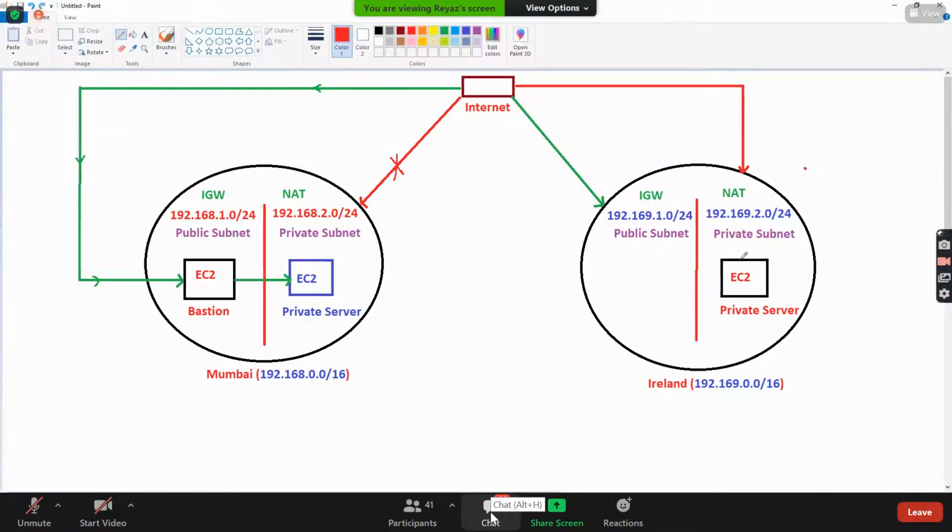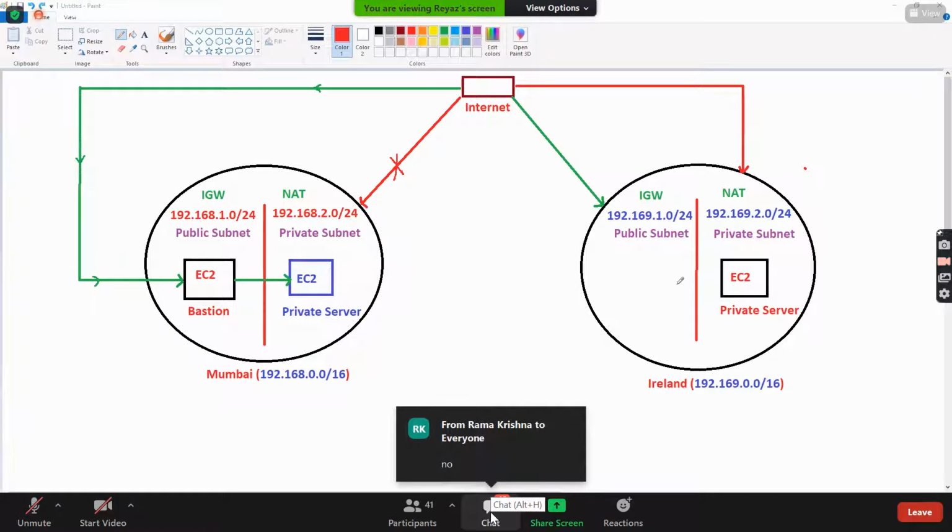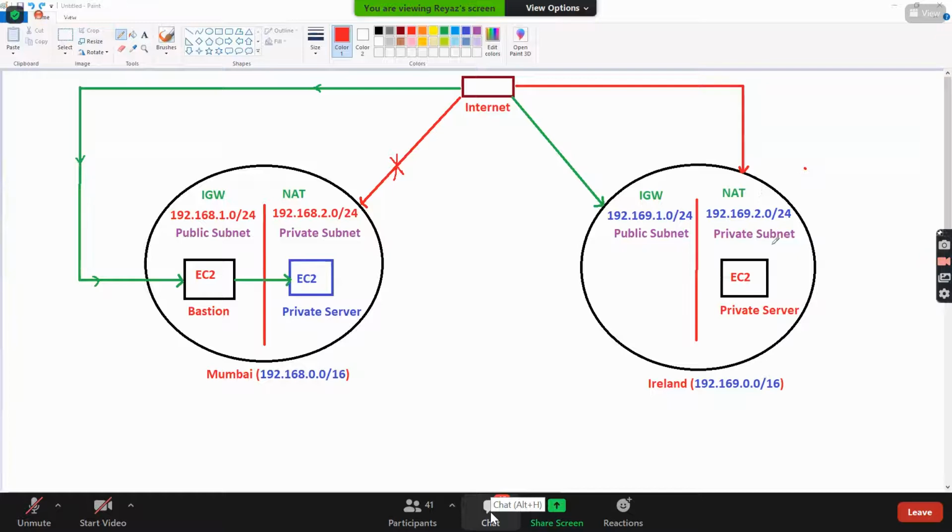We cannot, right? By default, you cannot. Two VPCs by default cannot talk to each other, that too private to private. One private subnet to another region, another VPC, a completely different network: they cannot talk to each other. But this is possible through VPC peering. If you set up a concept called VPC peering, it is possible.